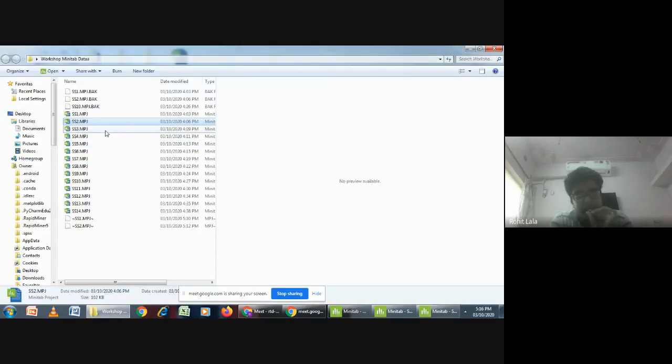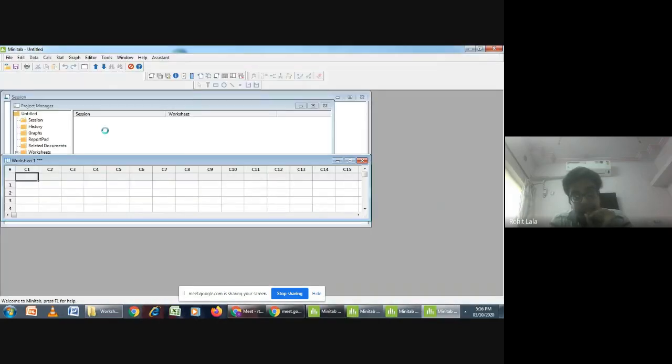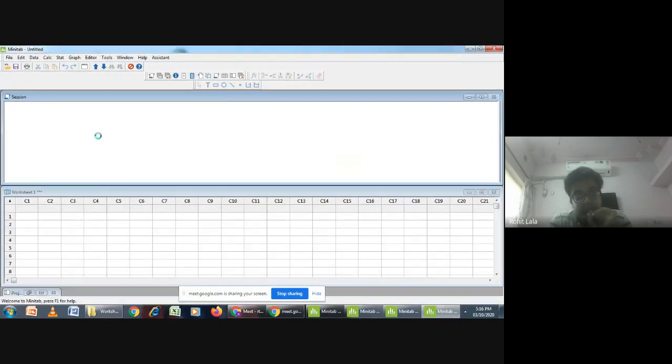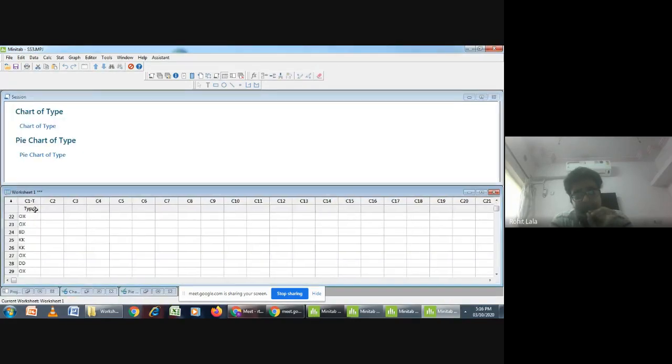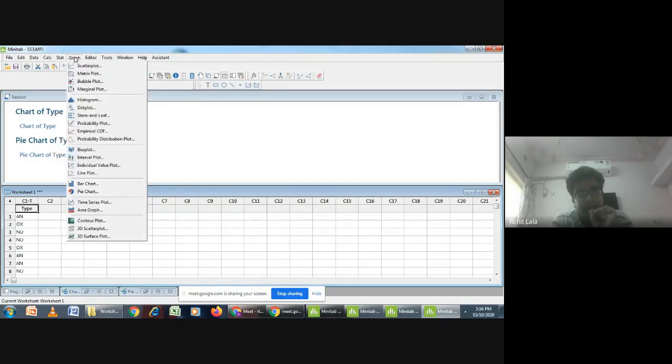Then we moved to our data set 3. So in Minitab, when we saw our data set 3, it was categorical data. Categorical data means I had given claim and reclaim, from which country, these are the two initials of different countries, the claim was more and the claim was less. So remember, when the data is categorical, you can plot two types of chart, and that is basically one is bar chart and second is pie chart.